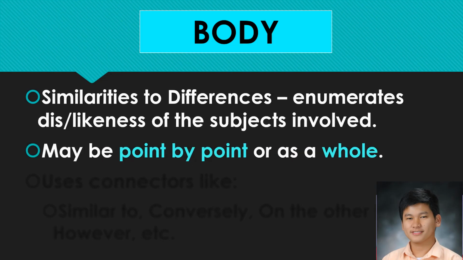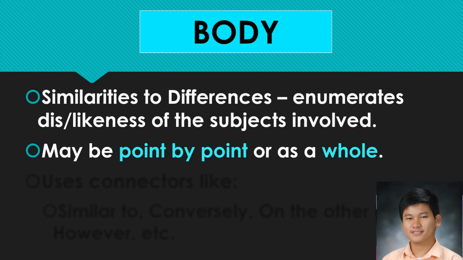Okay? So, pag ito ginawa mo daw, pwede mo siyang gawin point by point or as a whole. Paano yun, sir? Pag sinabi natin similarities and differences, pwedeng point by point, sabihin, isusulat mo siya by parts. Halimbawa, similarities muna. Yun muna di-discuss mo. After nun, puro differences na. So, point by point. Or pwede rin namang, halimbawa, personal information muna. Yung isang paragraph. After ng personal information naman, yung similarities and differences nila pagdating sa work experience. Tapos yung pangatlong paragraph naman, similarities and differences nila pagdating sa pagiging pangulo. Okay? So yun yung sinasabi natin point by point.